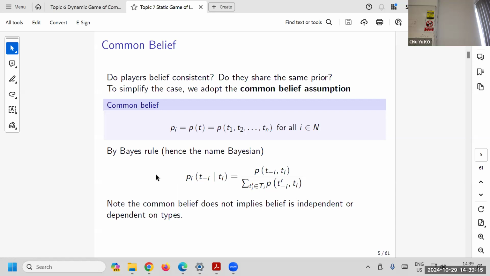The same as when we talk about Nash equilibrium, when we solve that, we assume there's common knowledge of the game, right? We know the game, how it's being played, what the payoff is, everything is well known. There's no uncertainty, everything is well understood, okay?